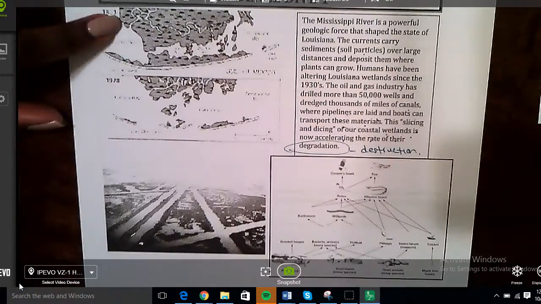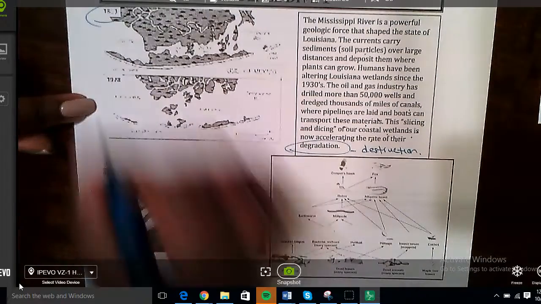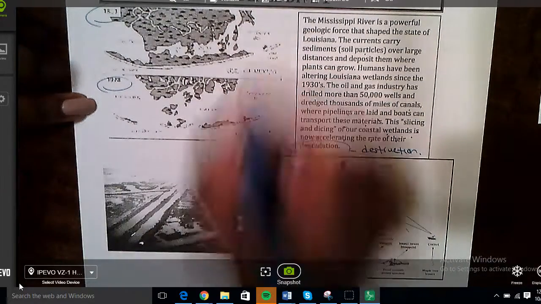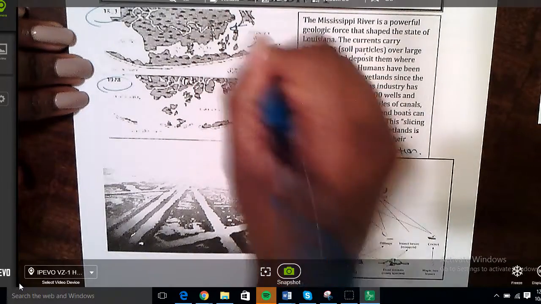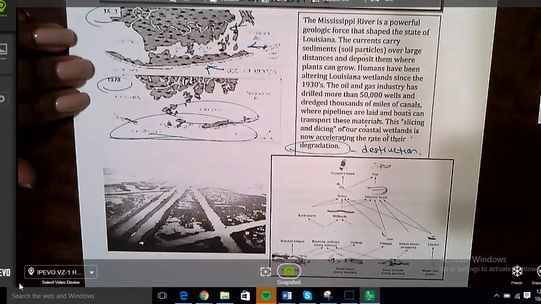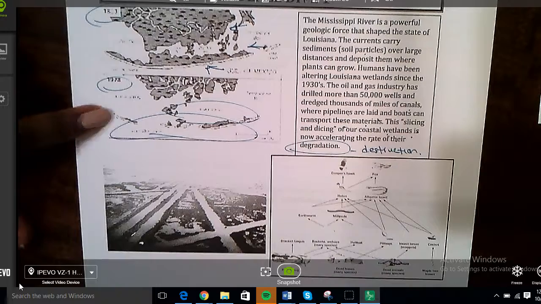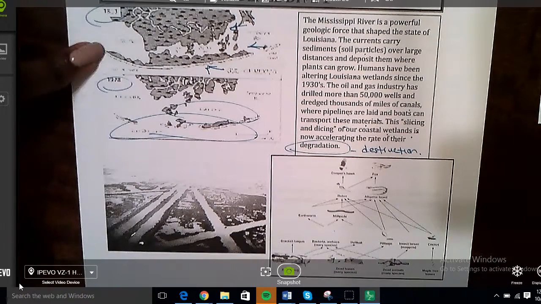So we have a picture of the Louisiana coast. It looks like in the 1800s and another one in the 1900s. And we can see there's lots of land here, lots of land here, this strip of land here. And those things don't exist in the bottom picture. So if we're making an inference of what has happened over time, we can say that over time,